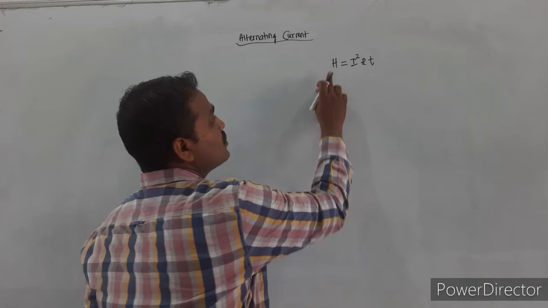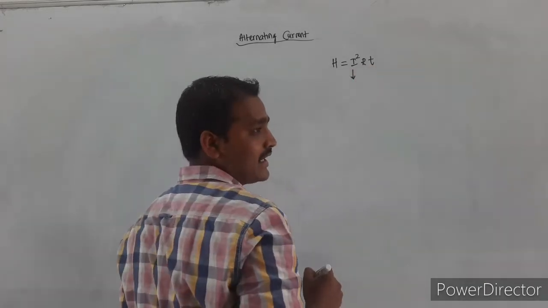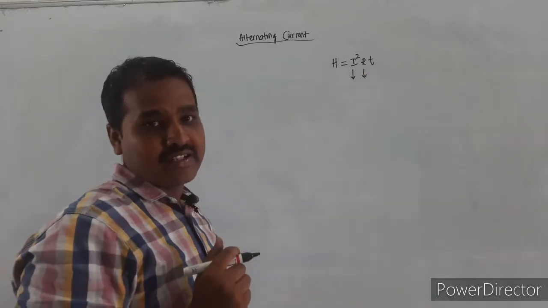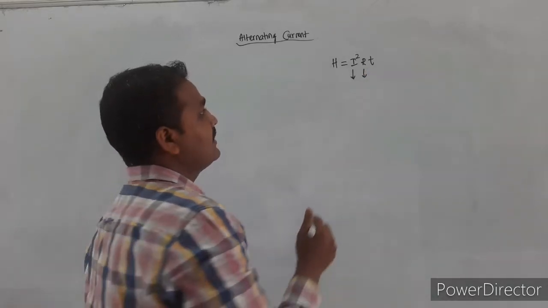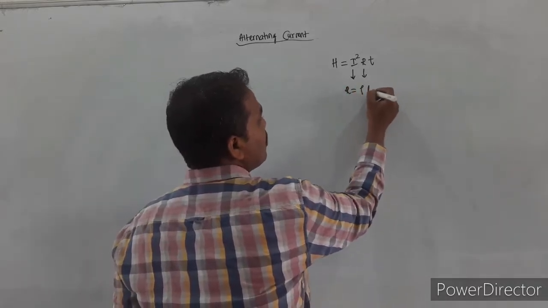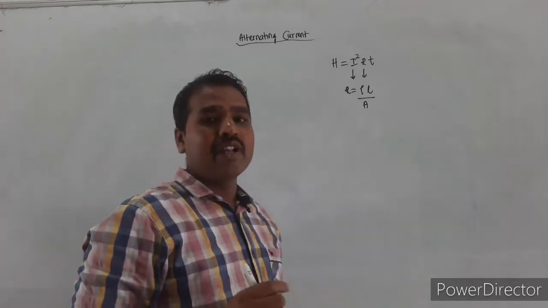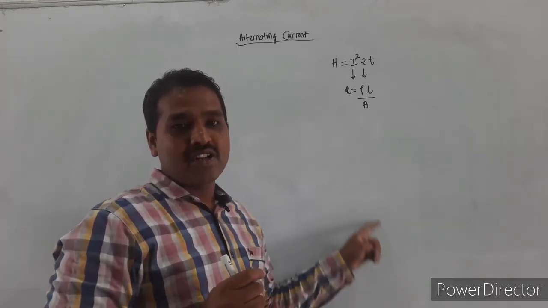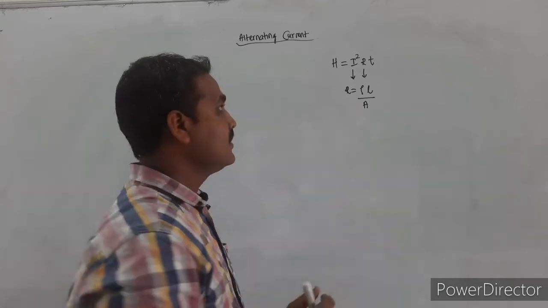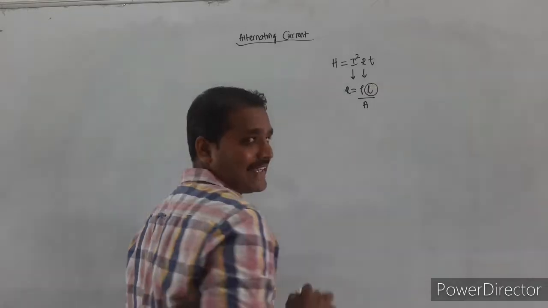So to reduce the value of heat, either I have to reduce the value of current or I have to reduce the resistance of the conductor. The resistance of the conductor is given by R equal to rho L divided by A. Whenever we are considering the transmission of energy from the power station over long distances, in that case I cannot reduce the value of length.